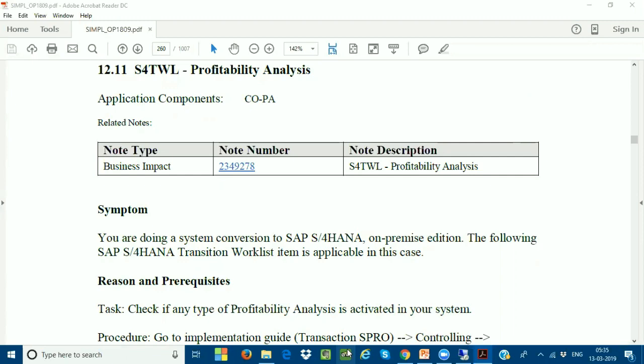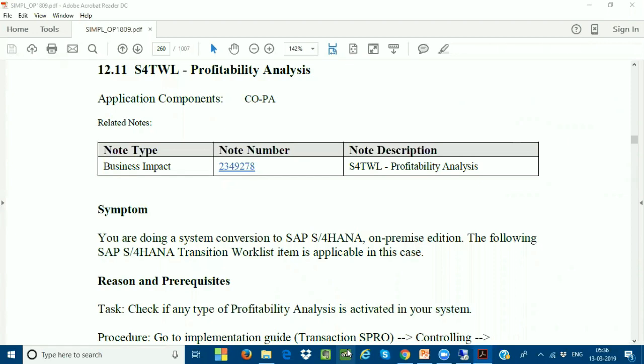There are a lot of things where the gaps are getting identified for the SAP S/4HANA implementation, like 1709 and 1809, which is not even available in the simplification list, but the client requirement is like this, but SAP is not supporting it. You raise a SAP note to the customer, and SAP gives a reply. If it is a new enhancement, SAP releases it as a note. Day by day, a lot of notes are coming out from SAP for the simplification process. So I request everybody to look at those notes on a daily basis.